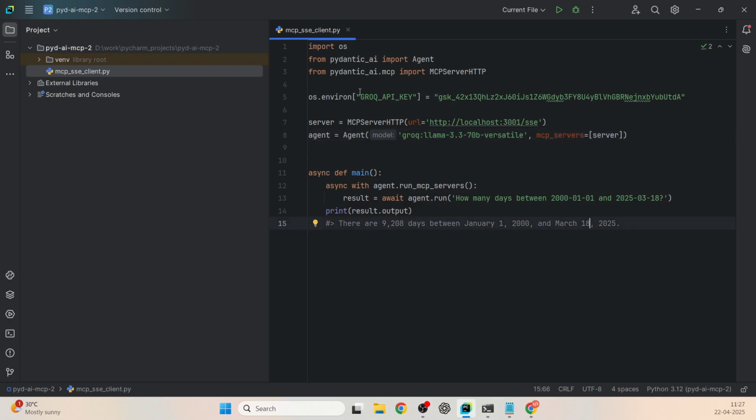We can first go through all the content that we have in our code. This OS is to save the environment variable. The better way to do this is to use the python-dotenv library to load it into environment variables instead of putting it explicitly. Next, from Pydantic AI, we are importing Agent, and then from pydantic_ai.mcp, the additional library that we have installed, Pydantic AI Slim MCP,